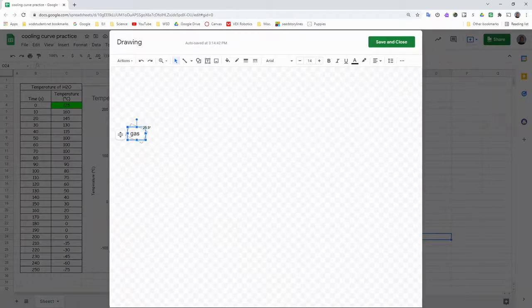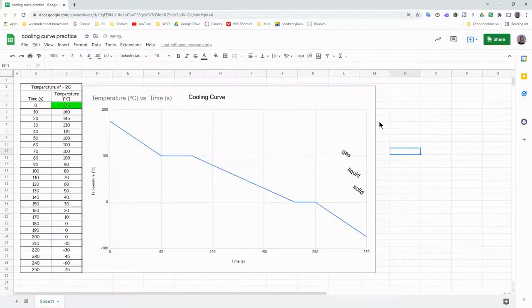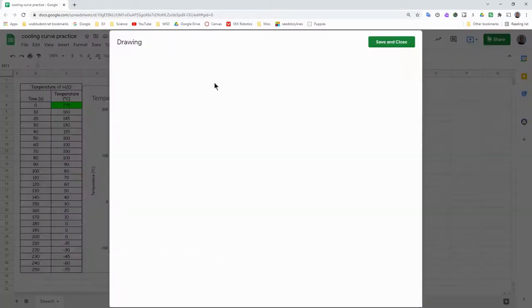You click on it, and then you can change the angle. And then once you have the angle changed, you just click Save and Close, and then you can put it in its proper location. Once you've got your gas at an angle, Save and Close, it's over here. You can just drag it to where it's a gas, go back out, Insert, Drawing,